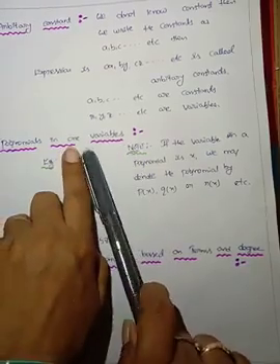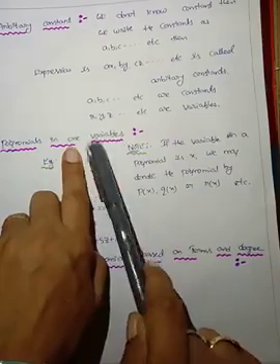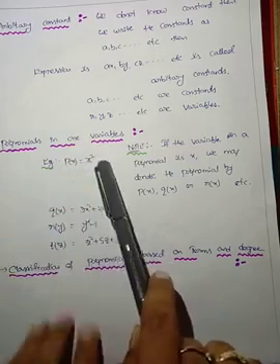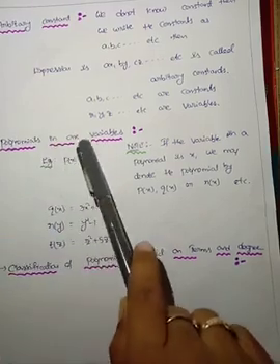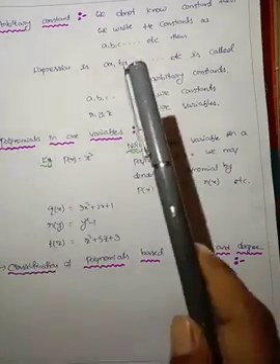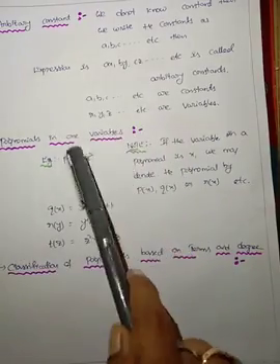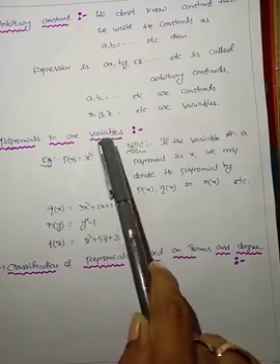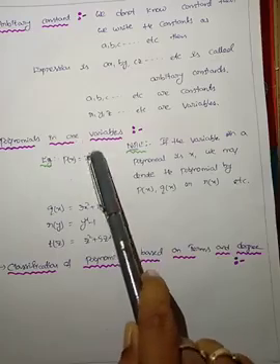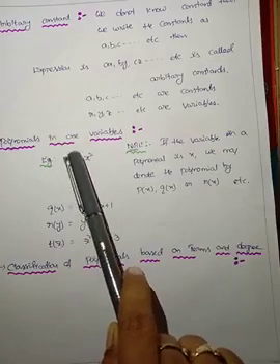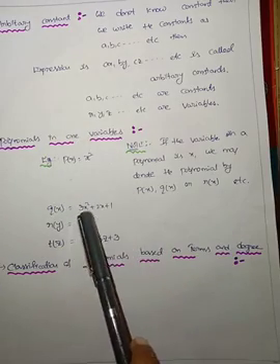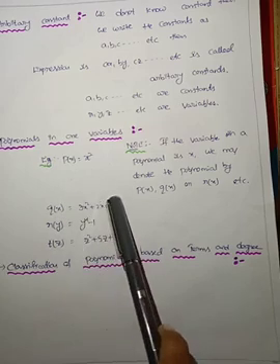Polynomial x square, we have to denote this as p of x, which means that polynomial has variable x. For q of x, you can take p, q, r, z, anything. The variable that is in that polynomial is the one you write. x square has only one variable, that is x. So we write like this, p of x. We denote the polynomial like this: p of x is equal to x square. Here also the polynomial has a variable, that is x.